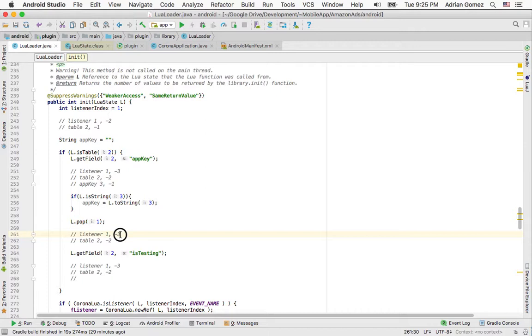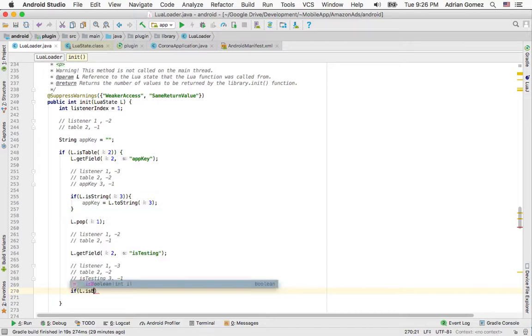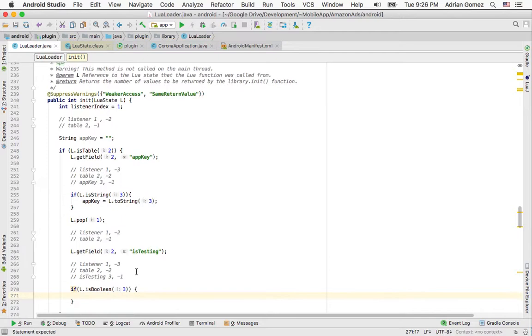Oh, I made a mistake here. This would be -2, and this would be -1, and then is testing would be 3, and this would be -1. And then I check to make sure that it's Boolean, is Boolean. And again, I'm dealing with 3, so I can put either 3 here or -1. And then if it is a Boolean,